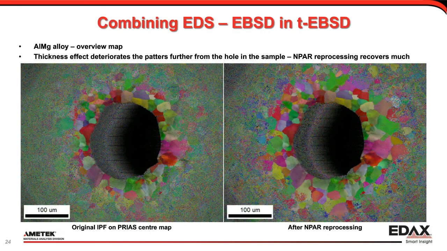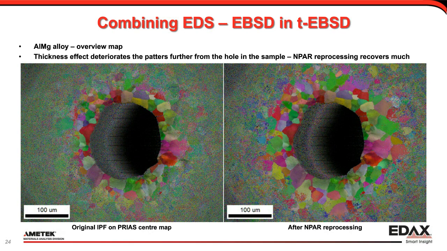Transmission EBSD can also be very useful at lower magnifications, where you can analyze the entire electron transparent area of your foil before going to the TEM for further analysis. The area where patterns can be successfully analyzed is limited by the foil thickness. As the sample gets thicker, the pattern contrast rapidly decreases until indexing becomes impossible, as you can see in this